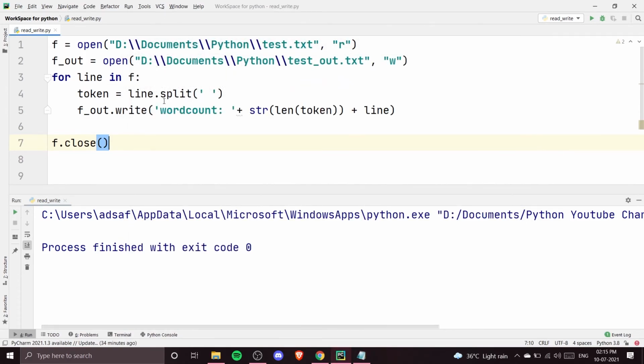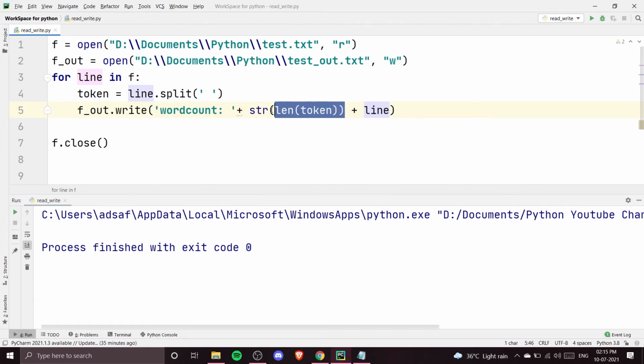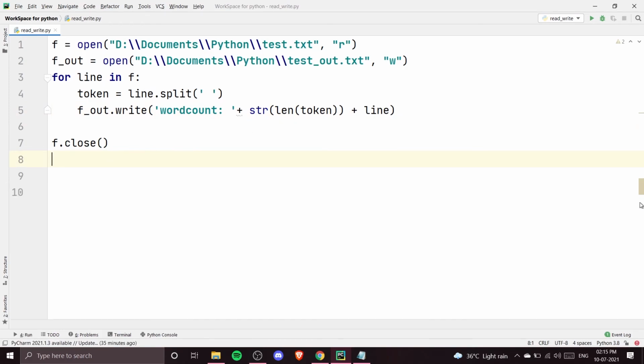So we saw the use of split here. We split each and every word and put it in an array, and then using that array, we used the len function to count the number of words in that particular array, and then we just printed the lines with the word count. So this is the array, and this is the word count, and this is the line. So in each line, we printed the length of that particular line. So this is how you can use read and write modes in Python using PyCharm. So I hope you followed well, and thanks for watching. I'll catch you guys in the next one.